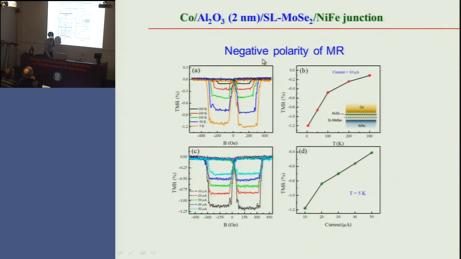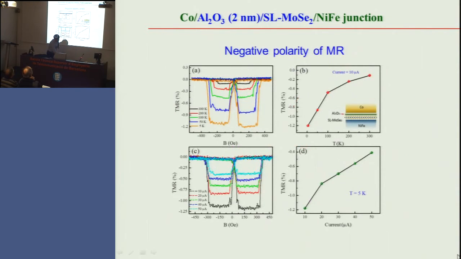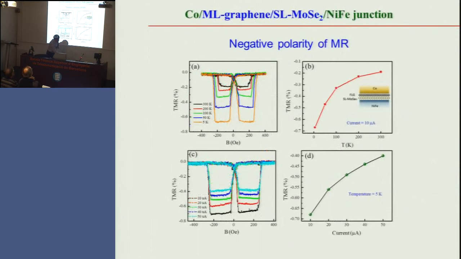Show the next. It will show, actually, as temperature... I'm sorry. Yes, here, the TMR. As temperature is lowered, the TMR value itself actually decreases like this. Oh, actually, the absolute value of TMR increases, which is because the phonon temperature was decreased. That's expected. I'm not going to say that one.